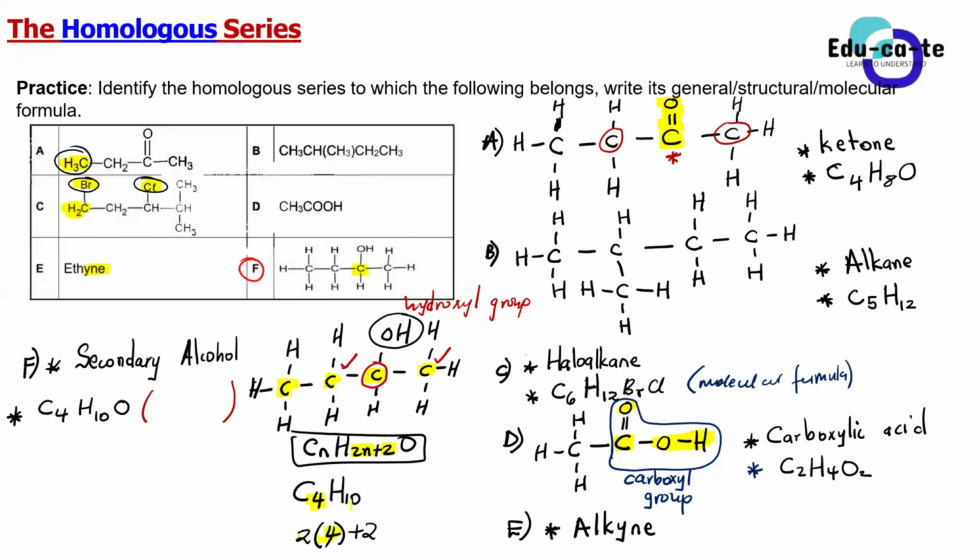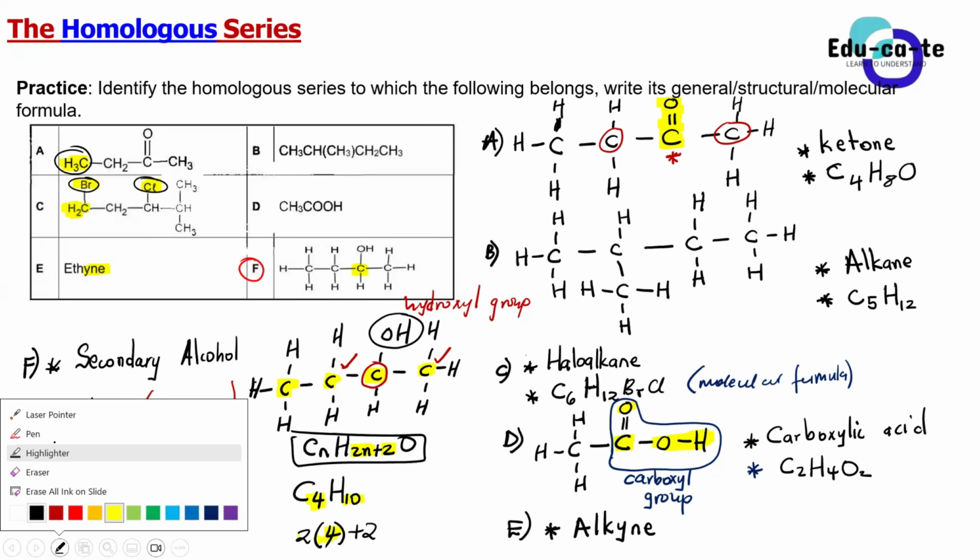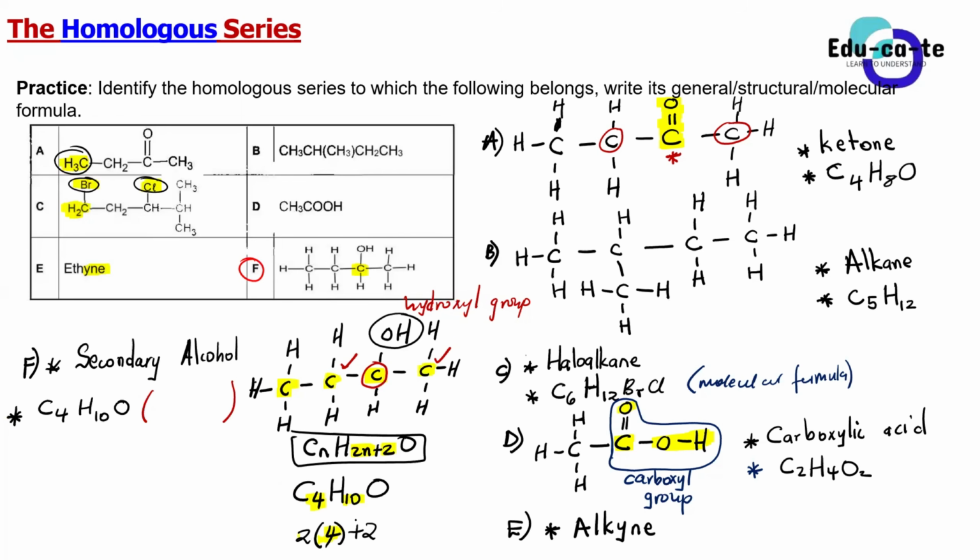And this is not complete because we also have got what? We also have got an oxygen there. That is why the formula that you have obtained here matches the molecular formula that you find when you count the number of carbons, the number of hydrogens, and the number of oxygens.